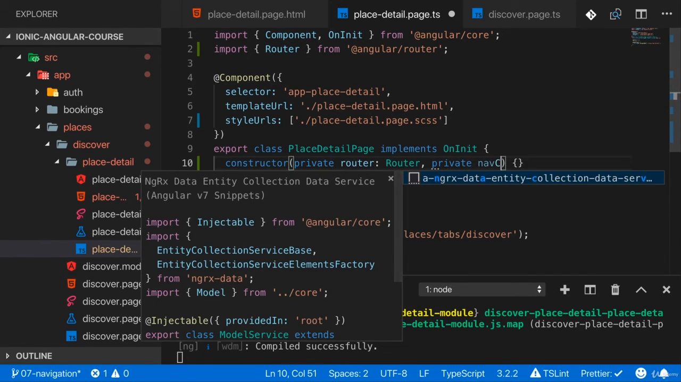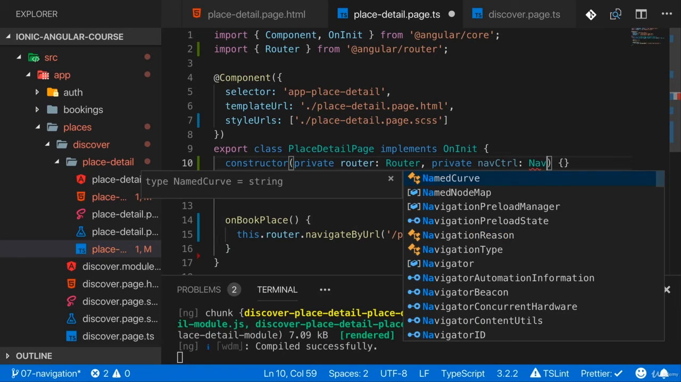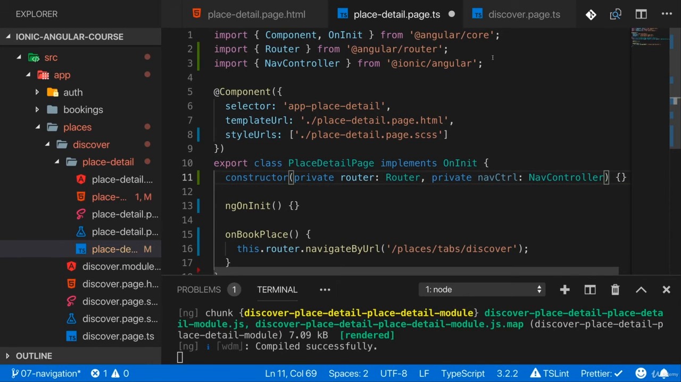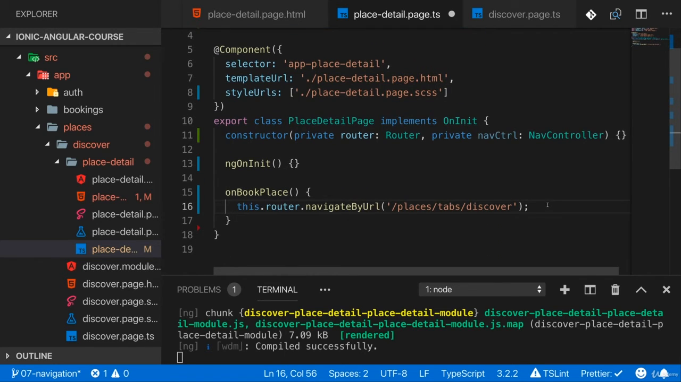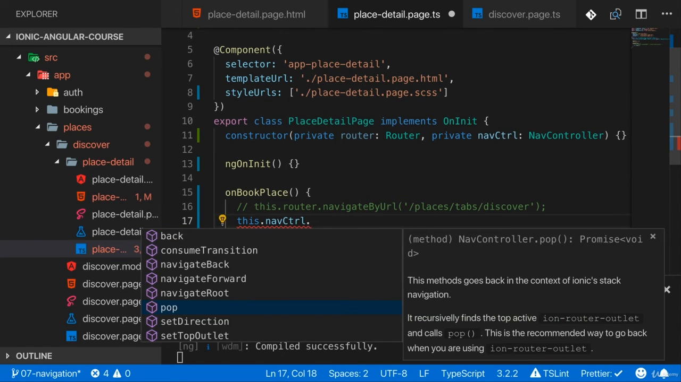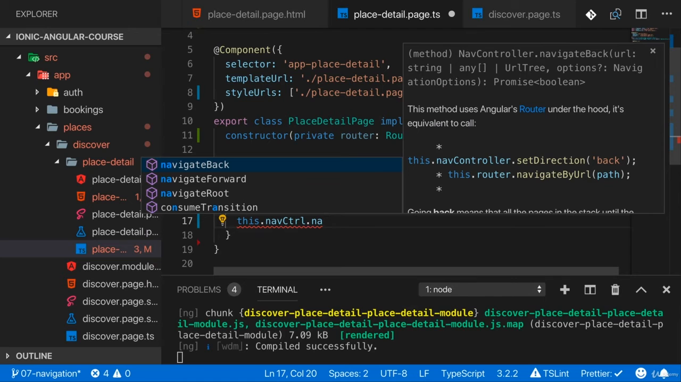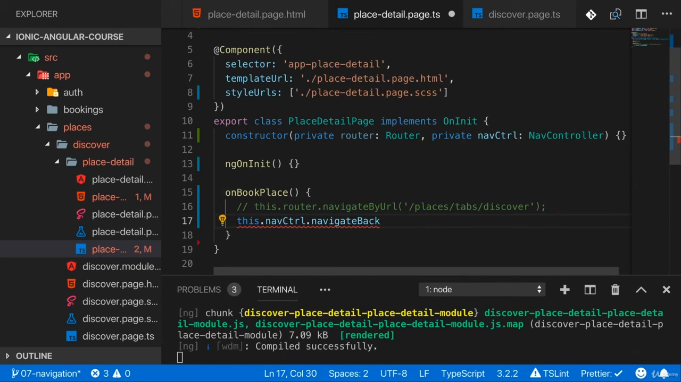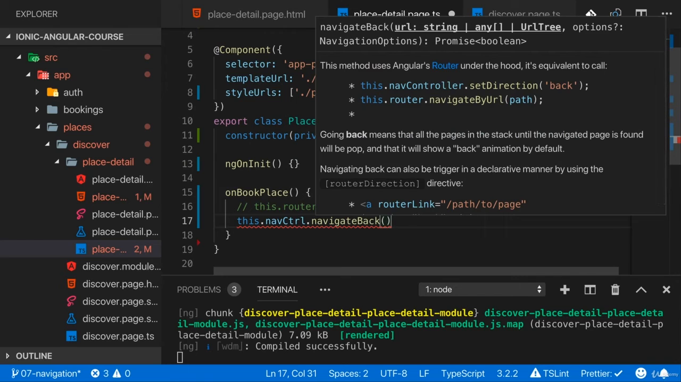You inject it like this, simply by referencing nav controller as a type, and that is imported from @ionic/angular, so it's important to add this import. And now the nav controller can be used for navigating around. You can use this nav controller, and then here you have navigate back and navigate forward methods. And navigate back then takes either an array with these different segments or just a URL to recipes, not recipes,